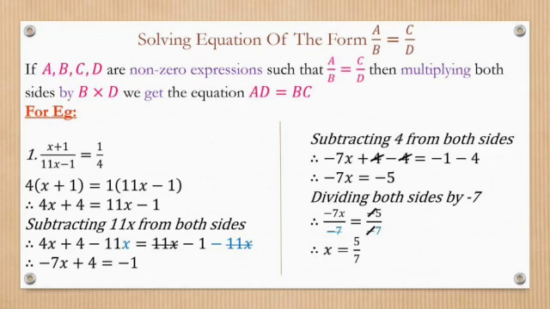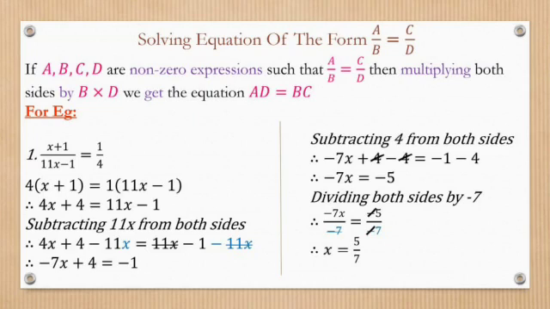Now, on your left hand side, 4x minus 11x, 4 has got a plus sign, 11 has got a minus sign. So, plus into minus is minus. So, 11 minus 4 is what? 7. So, 7x with the sign of the bigger number, that is minus. So, minus 7x plus 4 is equal to, now on the right hand side 11x minus 11x gets cancelled. What is left? Minus 1. So, minus 7x plus 4 is equal to minus 1.